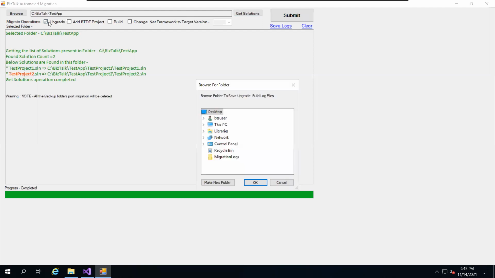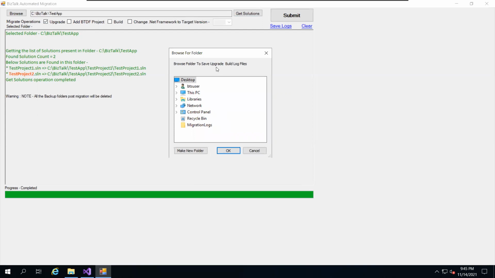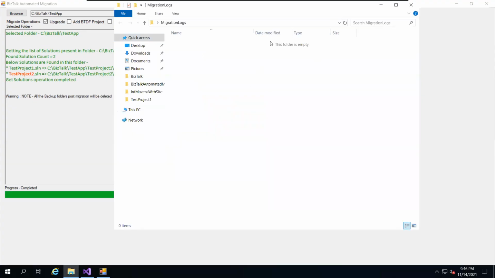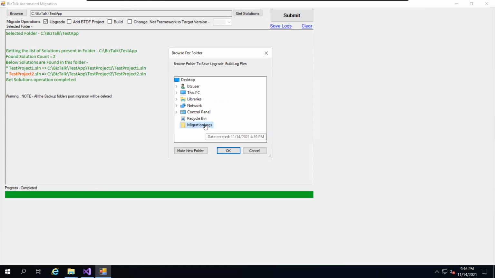So the first operation is obviously you want to upgrade it to the latest version, right? So it is asking, okay, fair enough, you want to upgrade and save, but where do we want logs to be saved? Because as I said, the logging is very important. We should know whether our migration was successful or not, or did we face any challenges. And if we are targeting 500 applications, we can definitely not go and check the status of each and every application, right? So in this case, we are putting the output into this migration folder. And if you see, currently this migration folder is totally empty, right? So I'm pointing to this migration folder where I want my output logs to be present.